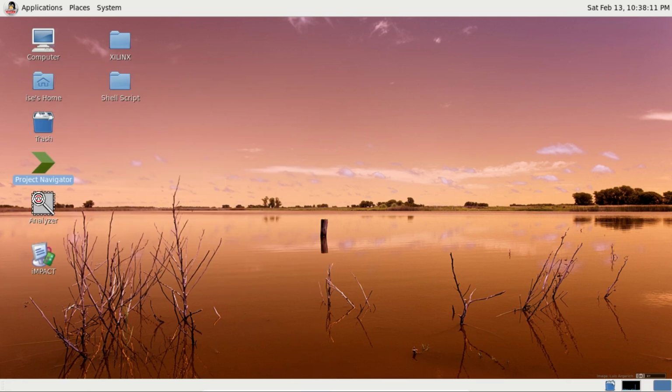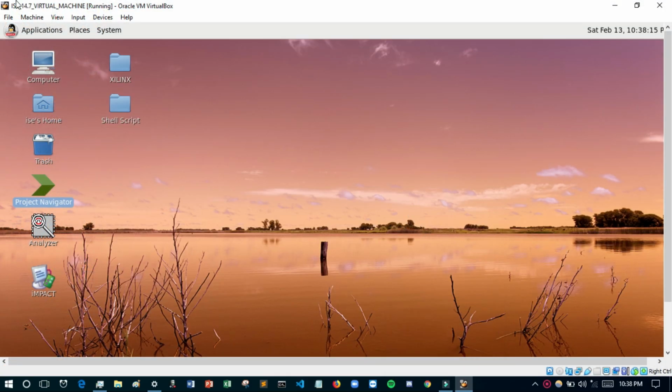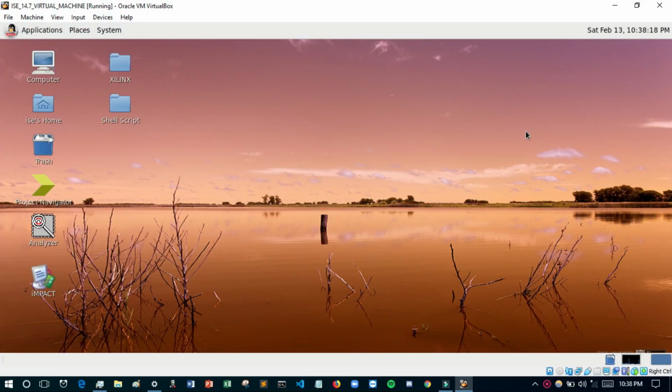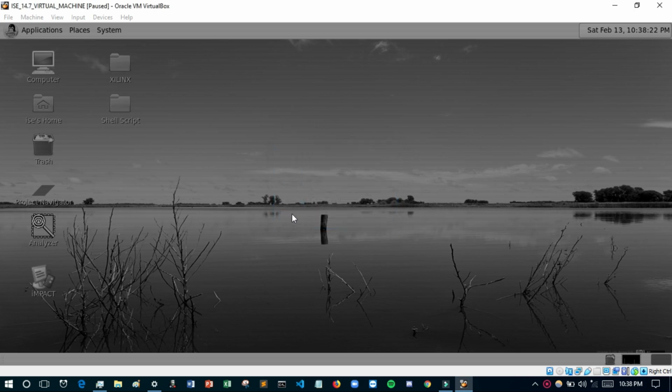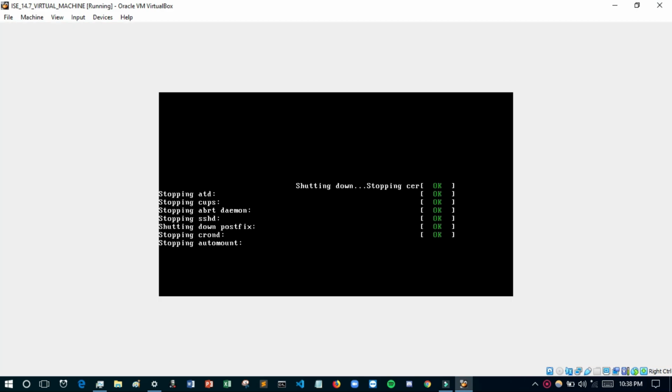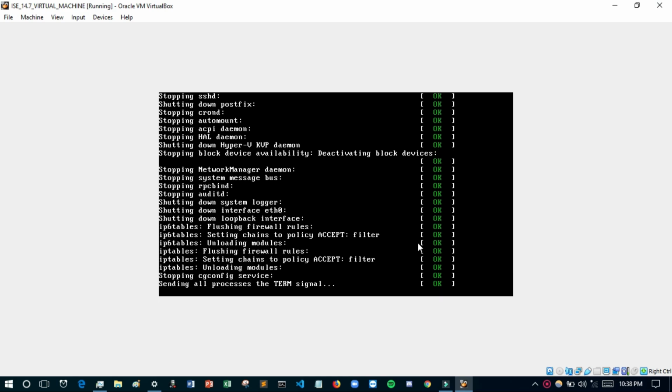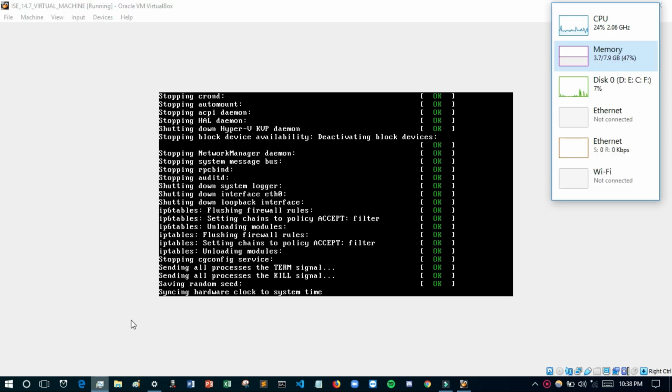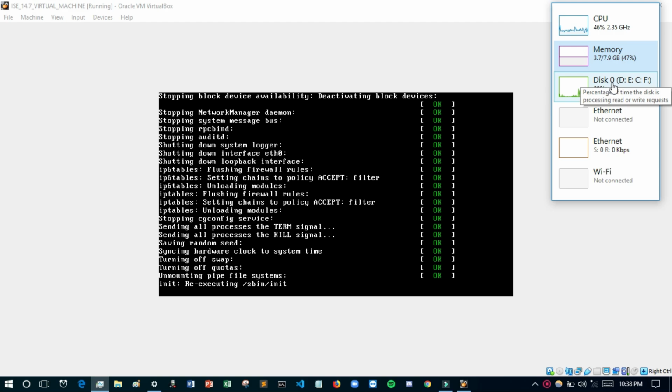So see, I have kept the mouse at the bottom position, then click on it to normal size, and then we will use the close button. You can see that this is the close, and just click on it and send to shutdown, and okay. After clicking, click on shutdown. Wait for some time, it will close. So I want to tell you that if you have any problem, just comment below. I will solve it as soon as possible.